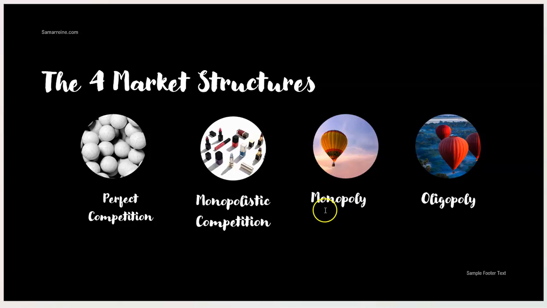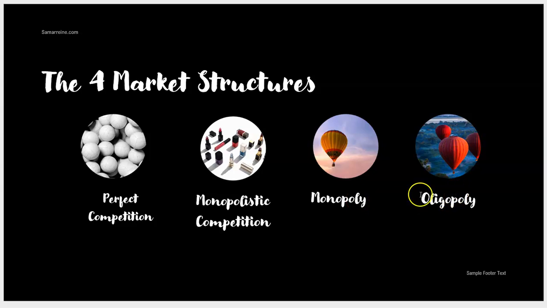On the other hand, in a monopoly the market is being controlled by one company, mono, just one. That's why you have one balloon here, and here you have three. Oligopoly is when a few companies control the market. Many control the market, but the product is identical from company to company, or many control the market, but the product is distinguishable. It has brands. It's not wholesale, it's retail. In these two, there isn't a lot of competition. The whole industry is one company, or just a few companies.